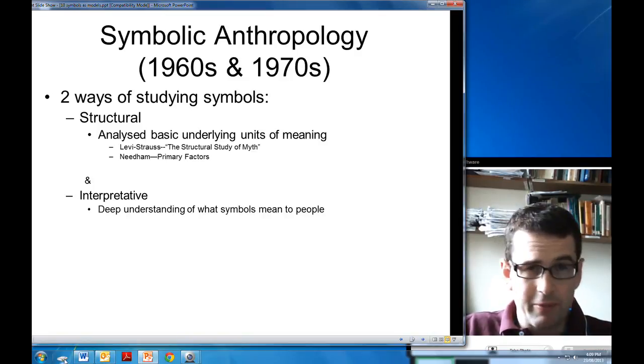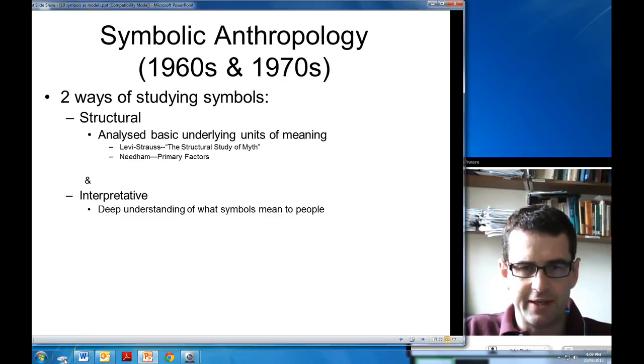Levi-Strauss was a bit more complicated. He would get narratives and find them to have similar underlying structures. So you have something, for example,